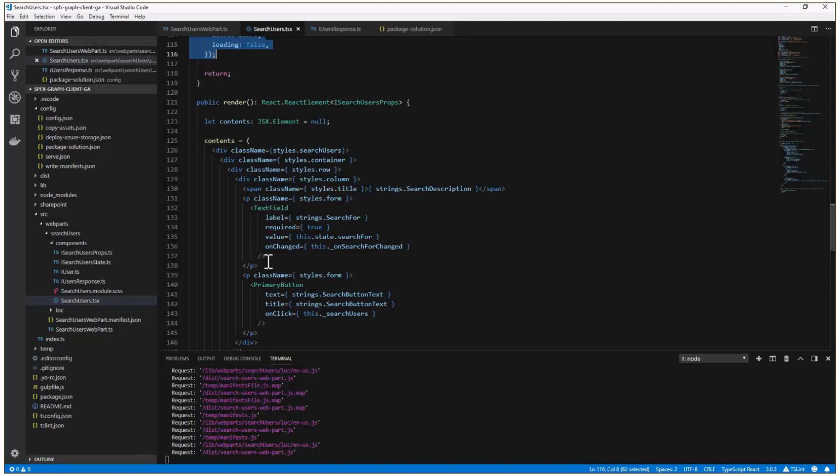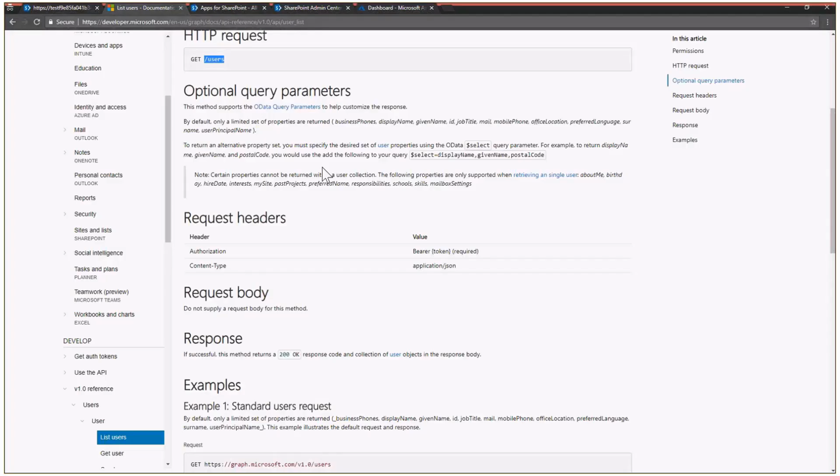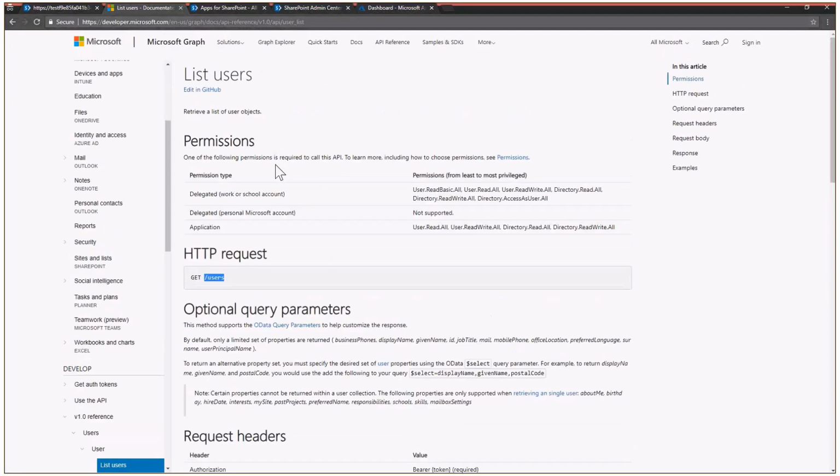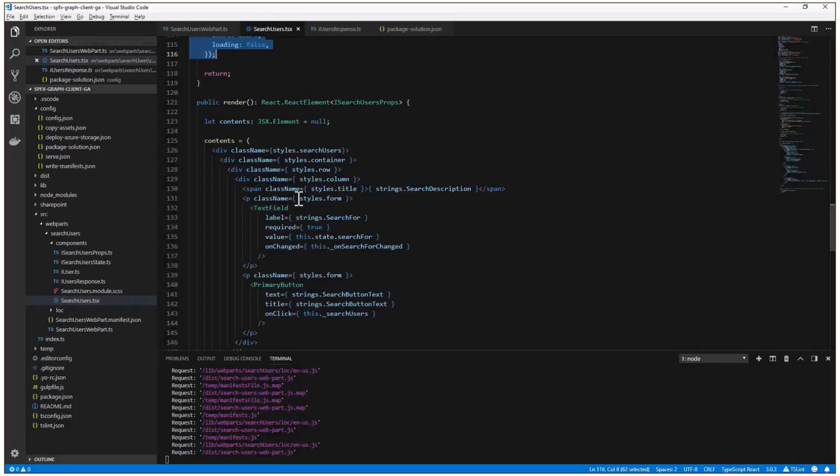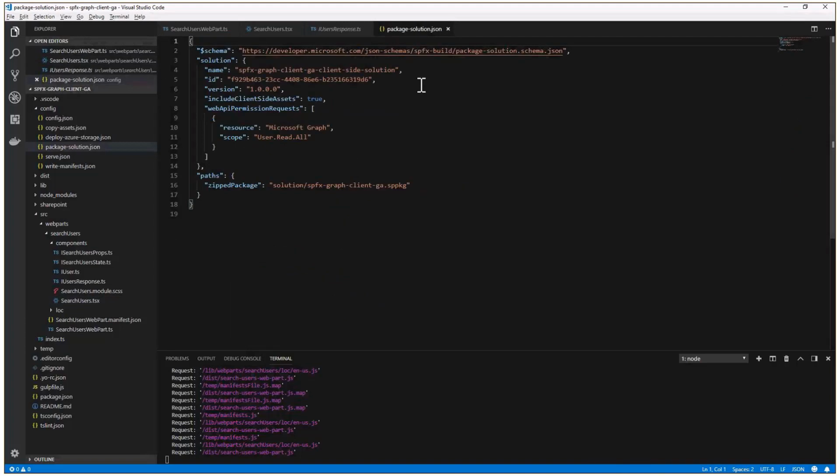the Microsoft Graph, I need to be compliant with the requirements of, for example, the list users action. And one of the requirements is to have any of these permissions, delegated permissions, in order to consume the API. And that's why whenever we use the SharePoint Framework to consume the Microsoft Graph or any other API registered in Azure AD, we need to declare in the package-solution.json file of our solution